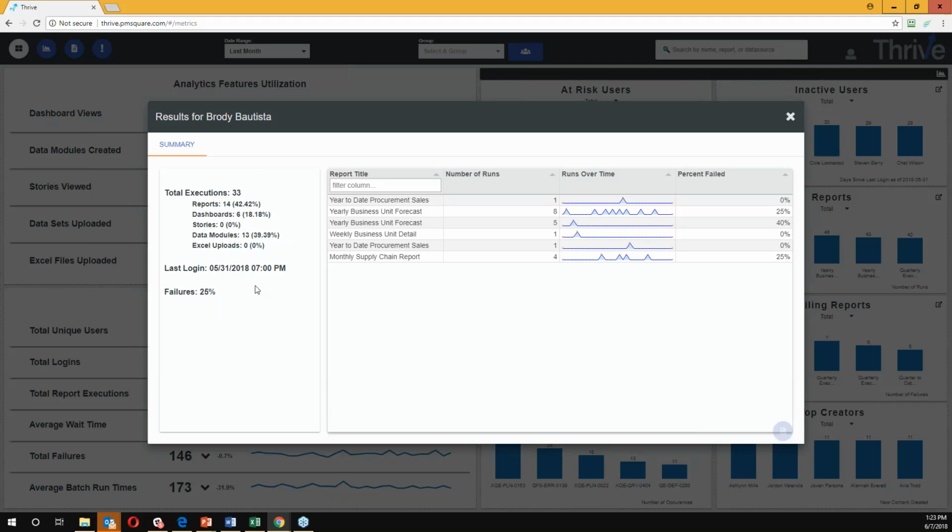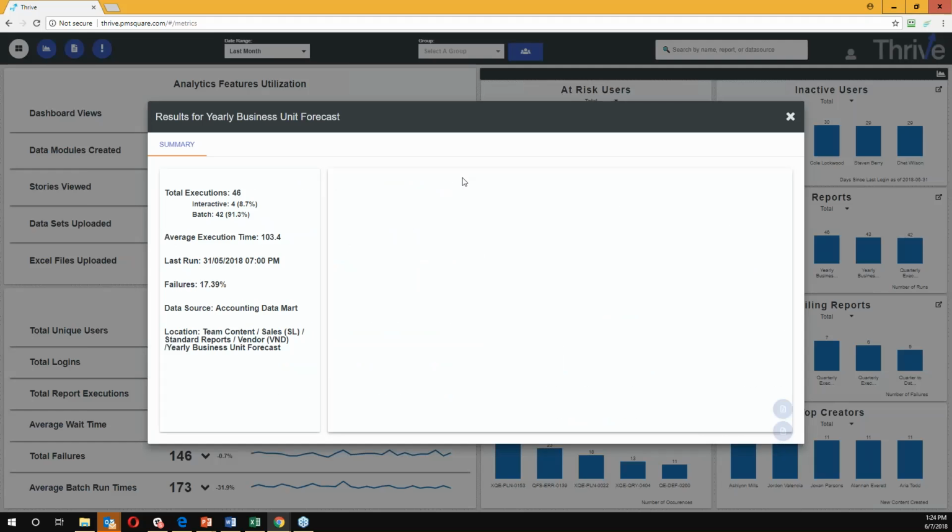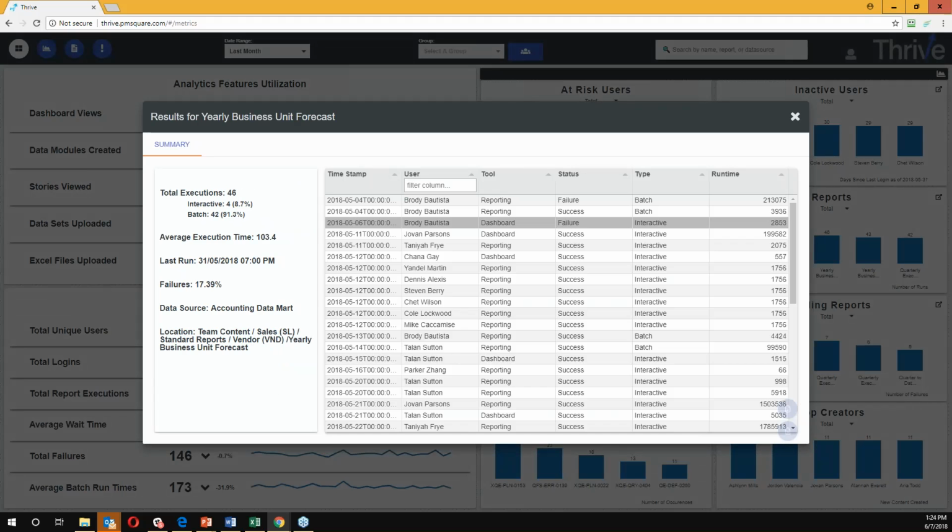And now I know that virtually a quarter of the time, Brody attempted to do something in Cognos, it resulted in some kind of error state. And I can see, well, which reports was Brody running that resulted in an error most frequently? So we might want to take a look at this yearly business unit forecast and see what was going on with that report. I can click on it here, and now it's going to drill through to a detailed view